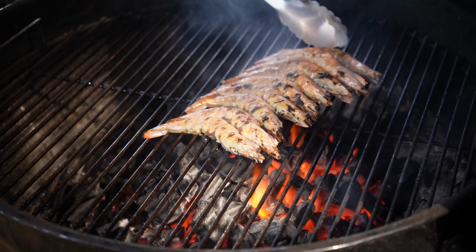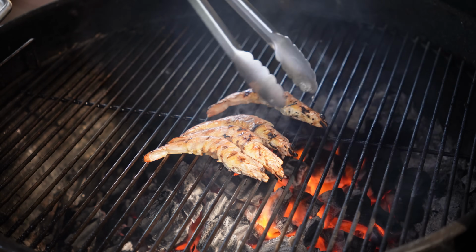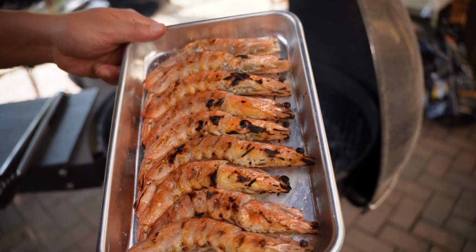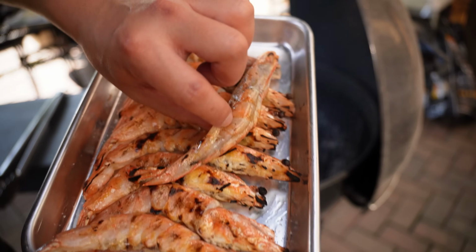You can see we have that nice orange color on the outside with a couple edges being nice and charred. And after another 30 to 35 seconds later, they're ready to come off the heat. This is exactly the color that we're looking for, but as you can see, they're still very, very raw in